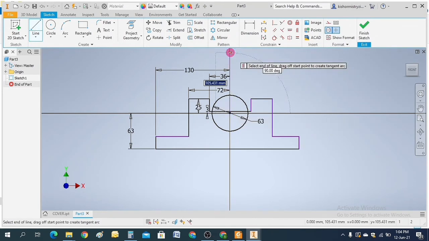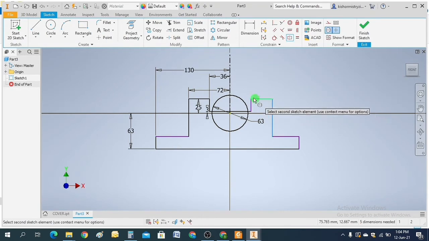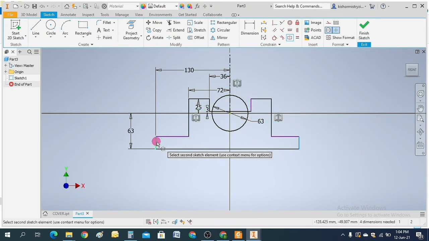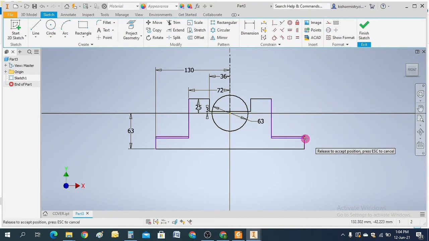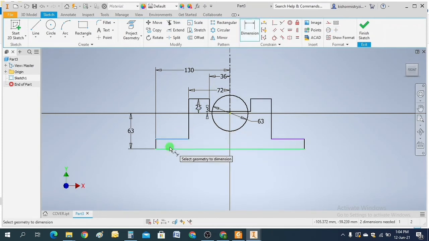Creating a center line and using the symmetric command. Create dimension, it is already constrained.